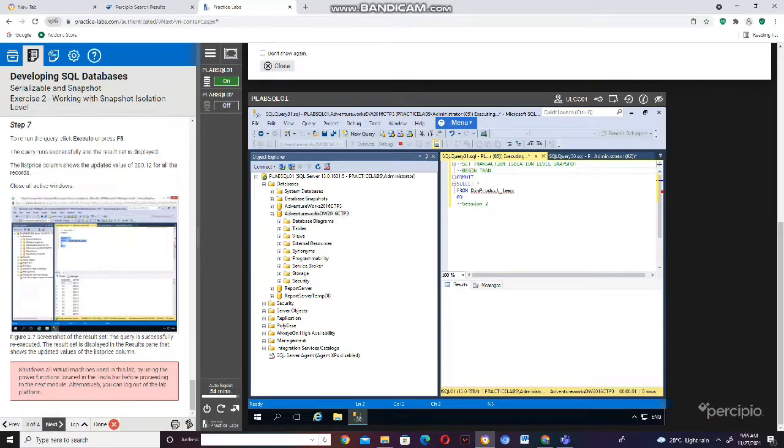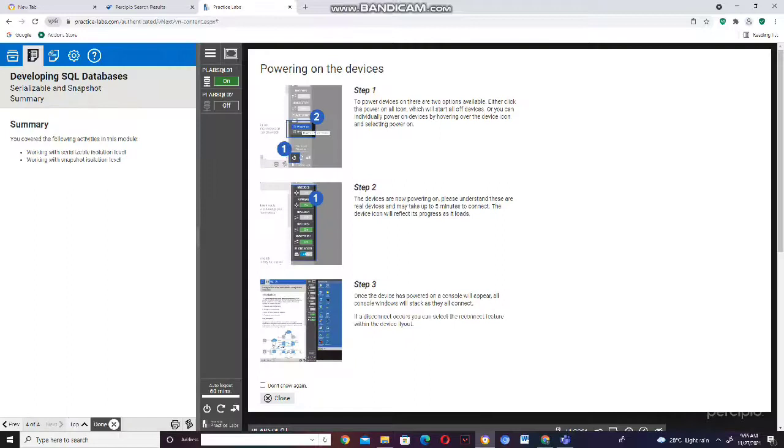And then next, that's all. Developing SQL databases, serializable and snapshot summary. You covered the following activities in this module: working with serializable isolation levels, working with snapshot isolation